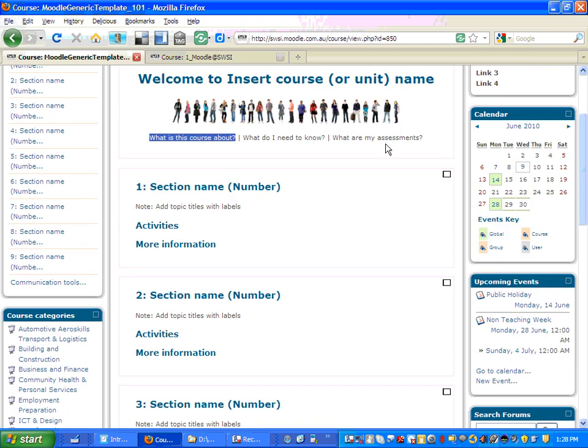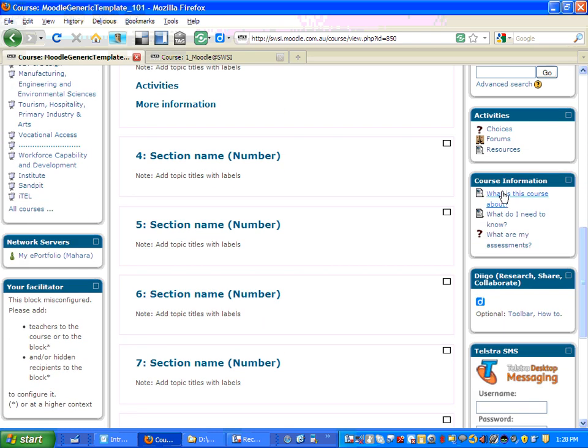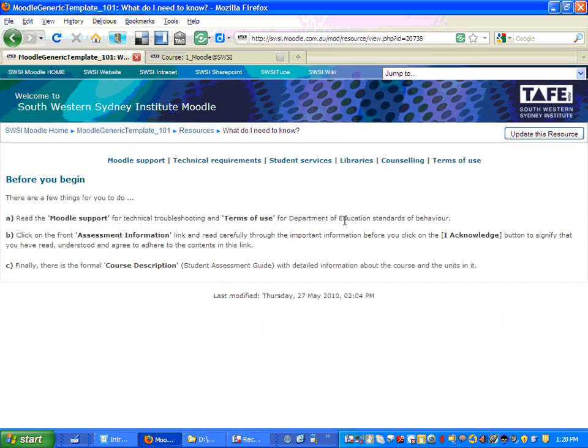I'll explain in a later video about how this is an important thing to do. But if we go into these pages, if we click on "What do I need to know," for example, here are some of the important links that we talked about earlier. Draw your attention to student services, libraries, counselling. This is all useful information for the students, and you therefore don't have to worry about building this into your